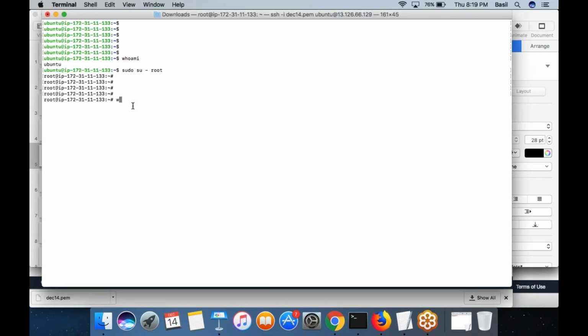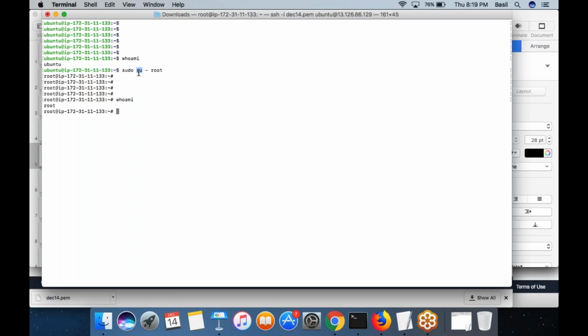So now I'm logged in as root. Now I type the command whoami. I can see right now I am root. Okay, perfect. So this is how you can switch. How would you do that in Windows? You click on the start button, then select the switch user option. Then you would be given a login window. You need to provide the username and password. Then you are logged in as the new user.